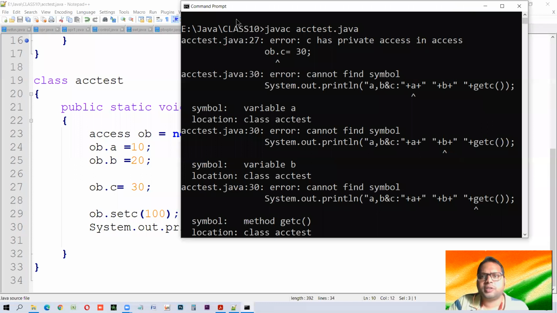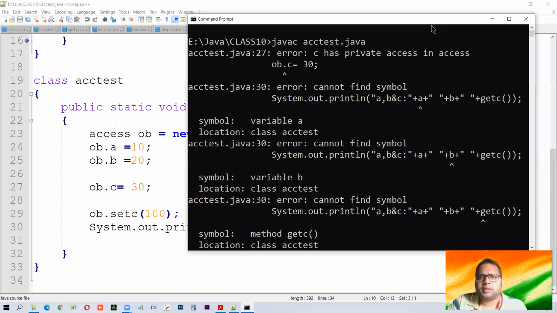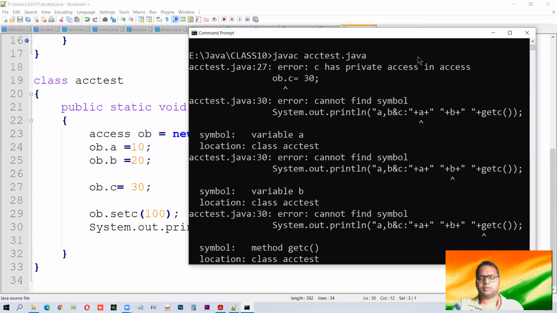What are the four errors? Now this will let you learn what is happening. Here we are trying to use A and B, assigning them in another class, so no problem there.